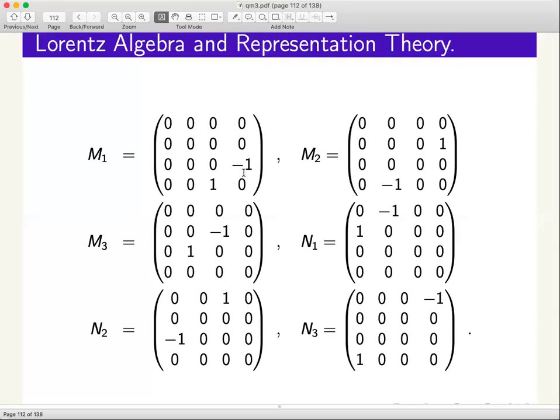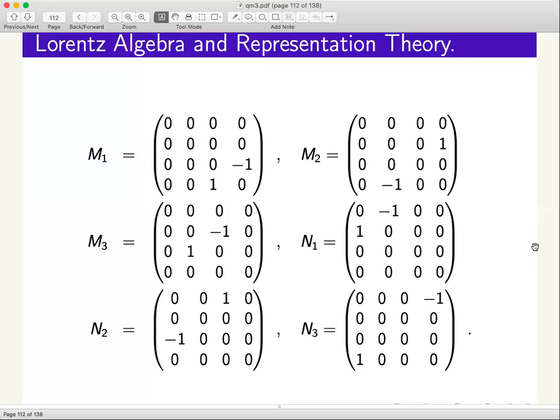Okay. So what we have learned in the process of doing this is that if you want to do a representation theory of the 4-dimensional rotation group, you don't need to do anything. Why? Because representation theory is independent of choice of basis. You can choose any convenient basis to do representation theory. So let's choose J and K basis to do representation theory, and we have already done that.